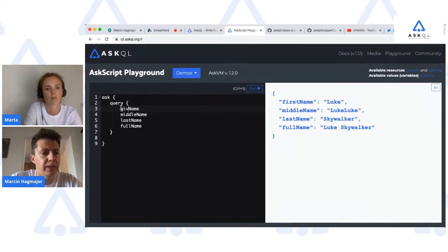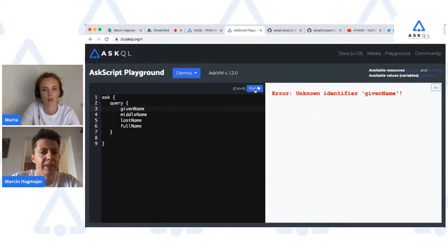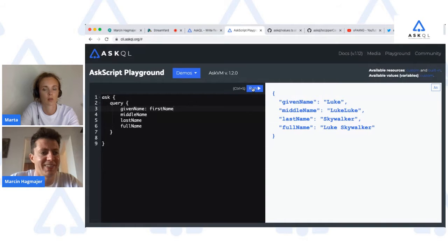So you would do it. Okay, you can try that. That's a good start, definitely. So how does that work? The given name is going to say, I don't know what it is. So there is a way for you to say what a given name is, and you do it with a colon. You say given name, colon, and then the actual key. First name. Yeah. Oh, okay. There you go.